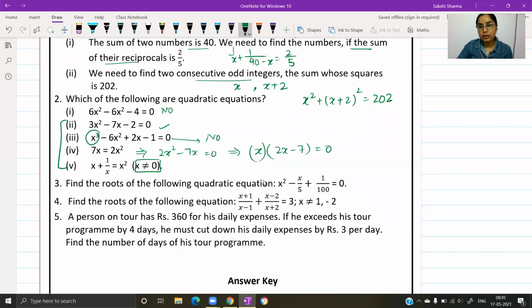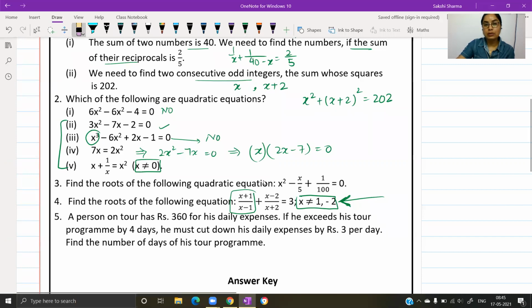Later on, आप अगर check करोगे इस question में, in fourth question, उन्होंने यहाँ पे specify किया है कि x is not equal to 1, x is not equal to negative 2. The reason they have given us this fact tells us that the denominator of these rational numbers cannot be 0. अगर x की value 1 हो गई, तो ये जो पहला आपके पास fractional expression दिया है, इसका denominator 0 बन जाएगा, which is not defined. तो x की value 1 नहीं हो सकती. Second, they have given x cannot be equal to negative 2. अगर x negative 2 हो गया, तो आपका second rational number 0 बन जाएगा. इनकी इतनी importance है सिर्फ यहाँ पे.